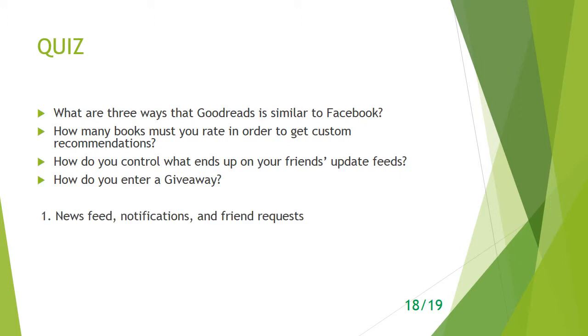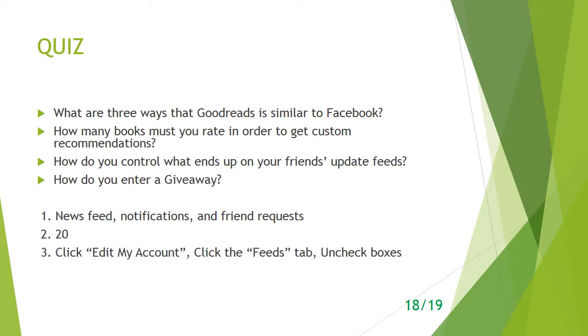So the answer to the first question is the news feed, notifications, and friend requests are all things that Goodreads and Facebook have in common. Number 2 is 20. You must rate 20 books in order to get custom recommendations from Goodreads. To control what your friends will see on their update feed, you must click on Edit My Account, then click on the Feeds tab and uncheck the boxes that correspond with the things that you do not want your friends